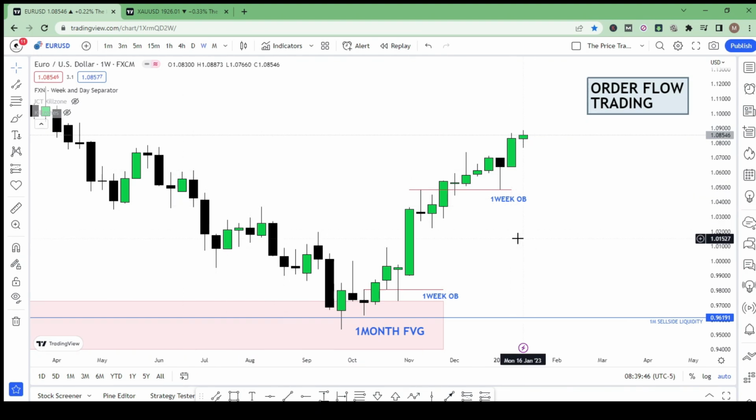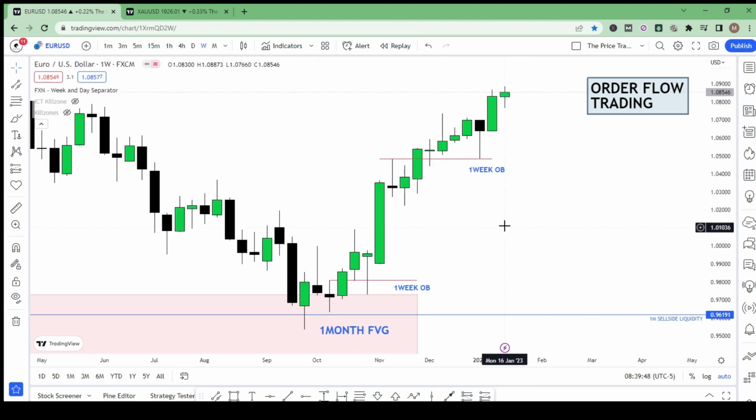That's how you know that the order flow is being maintained bullish. So any new high created, you want to see it broken. Any new order block like this one, you want to see it respected. So if you're bullish, then you want to see bullish fair value gaps and bullish order blocks being respected until